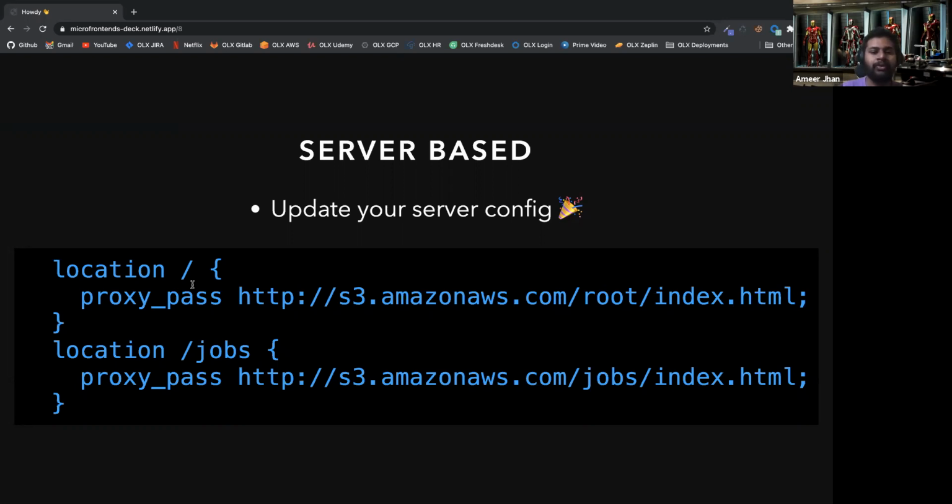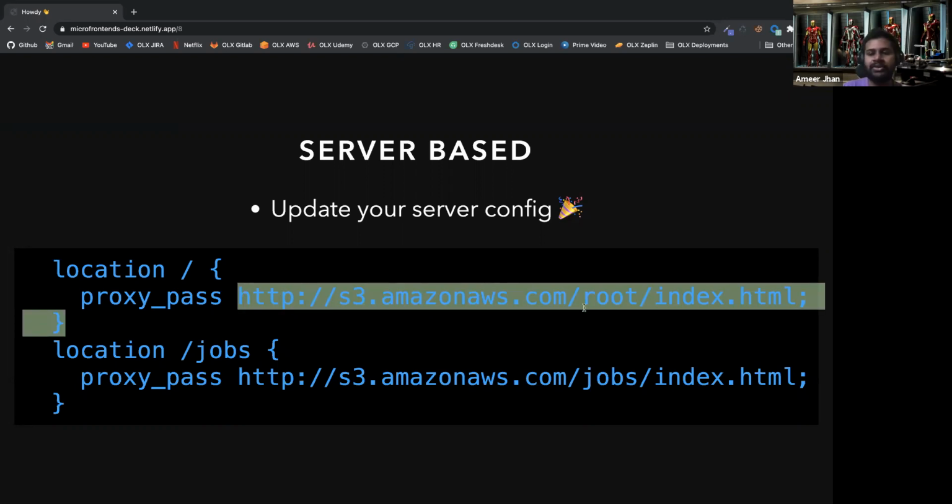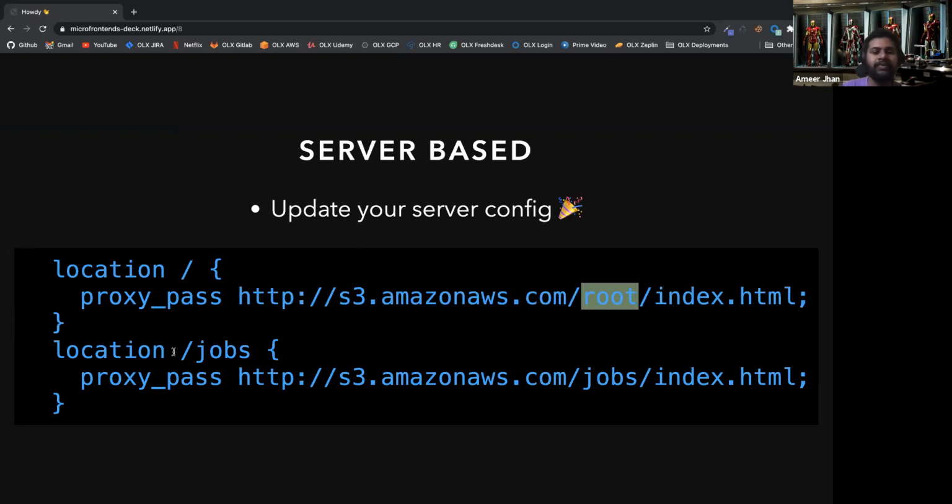Here, we tell Nginx that whenever the user visits the landing page, proxy all the requests to the S3 bucket called root. And if they visit the jobs page, proxy that to another S3 bucket called jobs and take the index.html from that. So the user has no idea that they are using different micro frontends, but we do the trick in the server and serve different micro frontends.